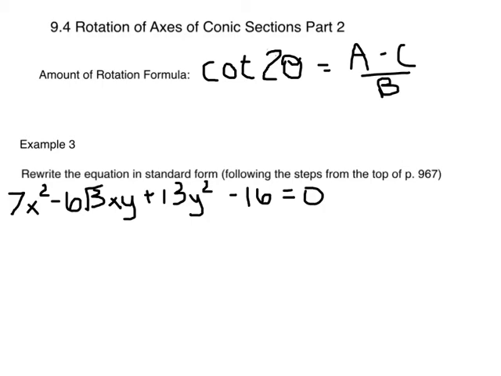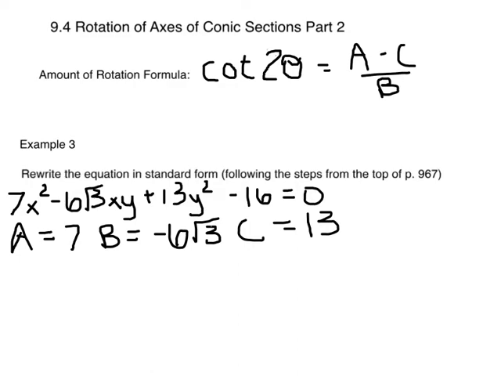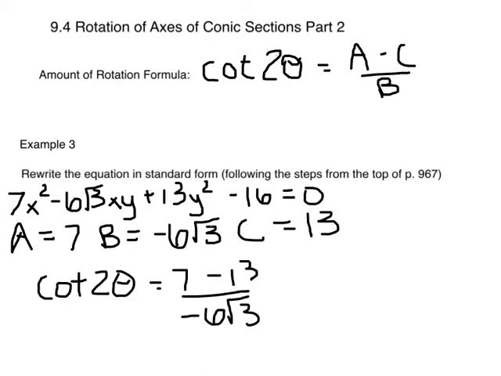The first step is to use this formula with the cotangent. We can see that A equals 7, B equals negative 6 rad 3, and C equals 13. So we can plug them into the formula cotangent 2 theta equals A minus C over B, like so. Then we need to solve for theta. I will begin that by simplifying the numerator and rationalizing the denominator. Actually, I am not going to rationalize the denominator,